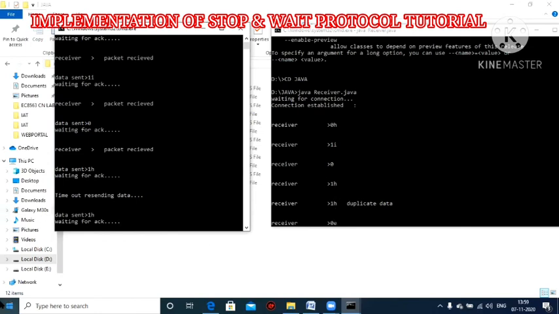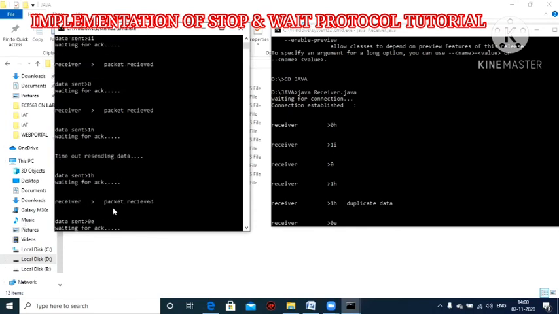Next thing is, if it doesn't consider it as duplicate data, what will happen? It will take it as a new value, received as a value only. So what will happen? In the sentence "hi hello", it will display a double H. For that reason I mentioned here that it is duplicate data. So here it will consider 1H only. Right. Now waiting for an acknowledgement.